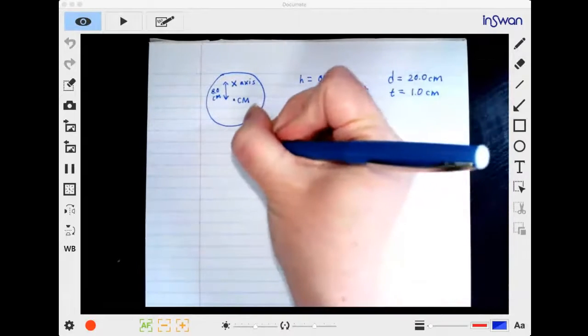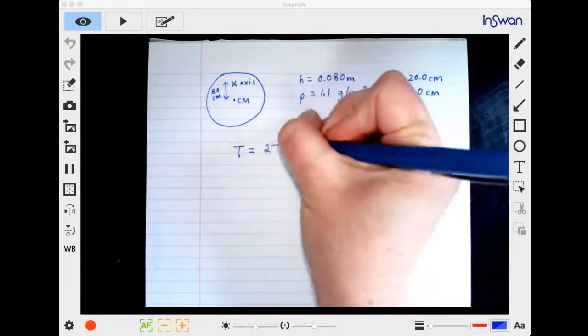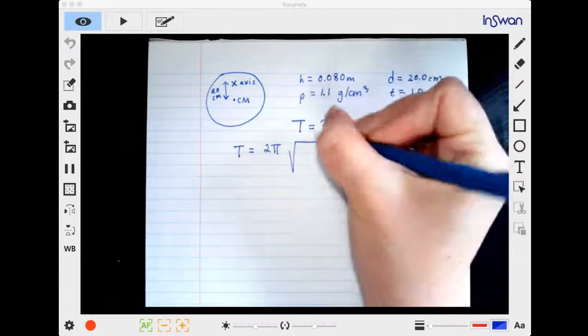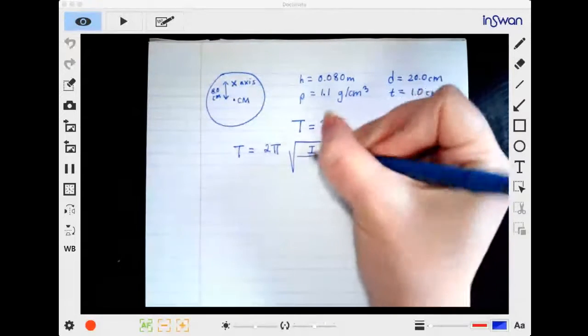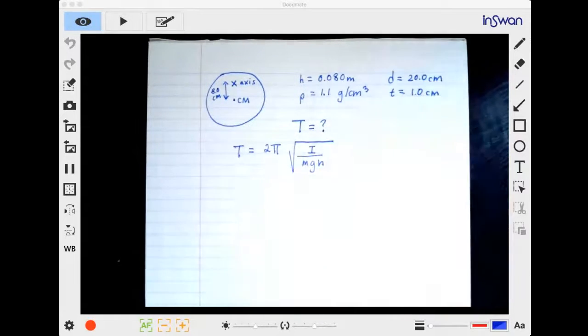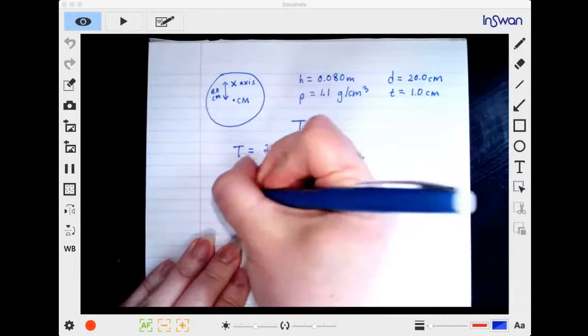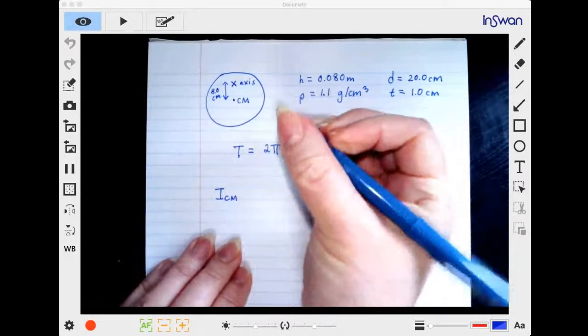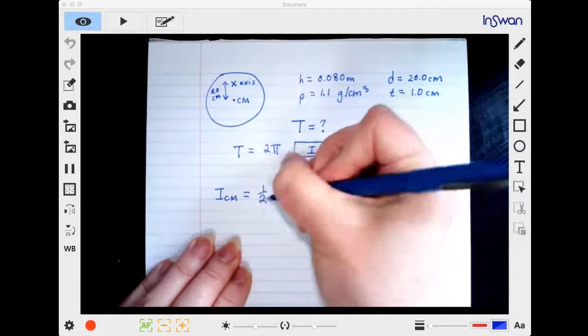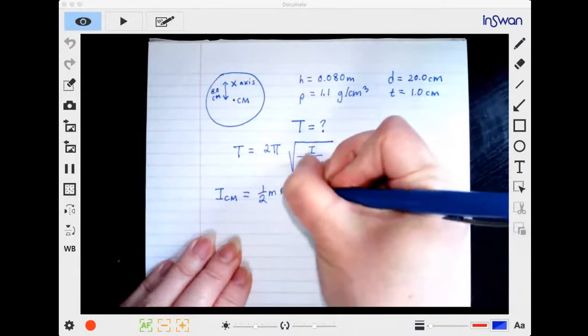Okay, what's the period? The formula for period is 2 pi the square root of I over mgh. That's our period formula. All right, so we need to figure out some things. We know what h is and m, well, we don't know m yet. So let's figure out I. Okay, so what do we know about I for a disk? Well, we know I about the center of mass for a disk is 1/2 mr squared,